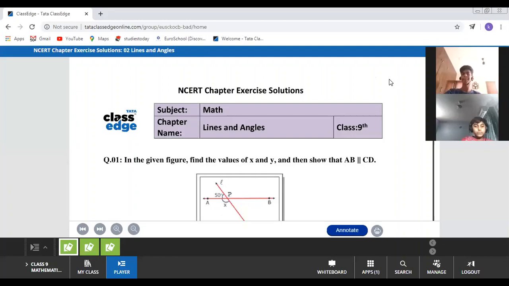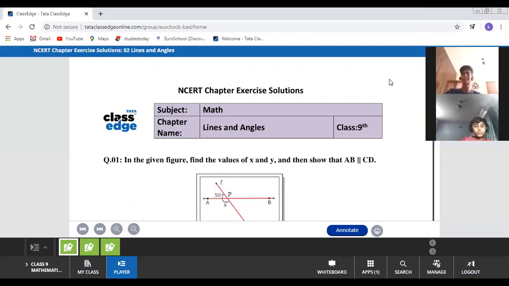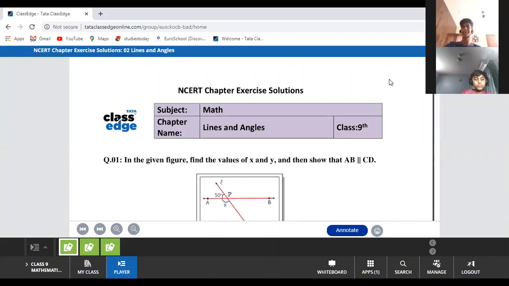When two parallel lines are given and a transversal intersects the parallel lines, the first property is alternate interior angles are equal. Other than this, corresponding angles are equal. The third property is co-interior angles are supplementary, which means the sum of the co-interior angles is 180. Similarly, co-exterior angles are also supplementary, meaning the sum of co-exterior angles is 180 degrees.